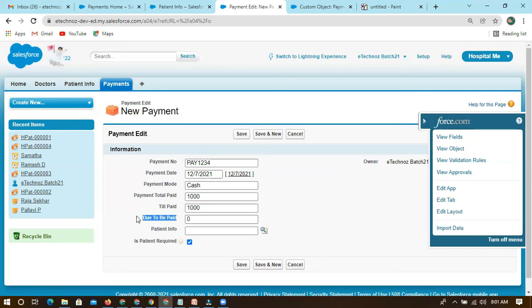So this to be paid, I don't want to enter it again like this. It should check the payment total paid and till paid.